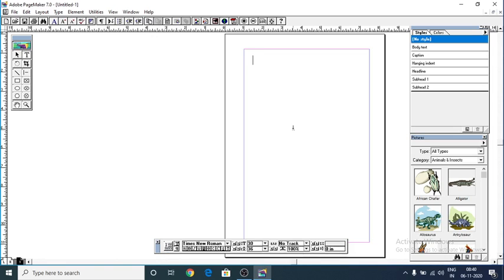So here I am going to type Golden Gates Metric Higher Secondary School, comma, Venkatesapuram, comma, Perambalur. And after typing the text, if you want to convert the text into a text block, you have to